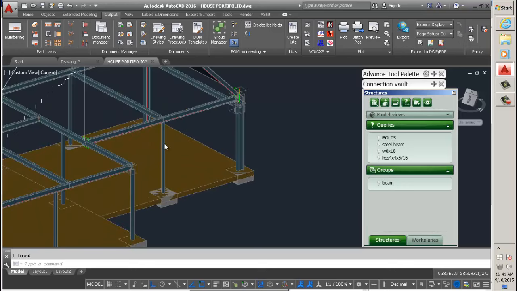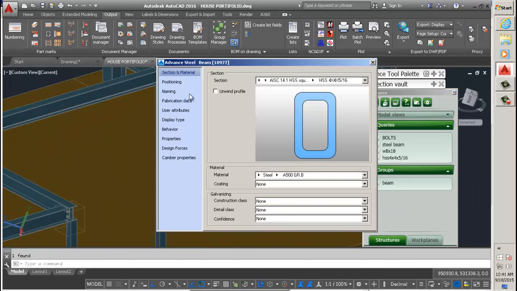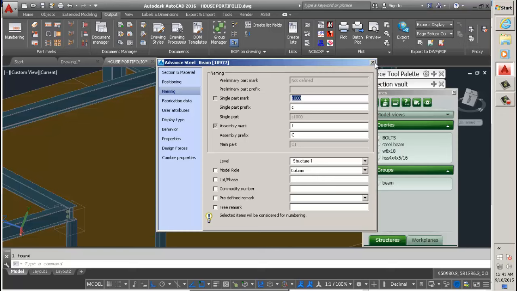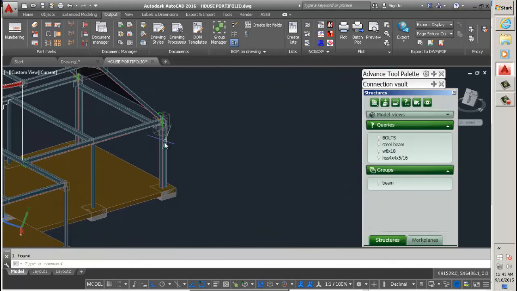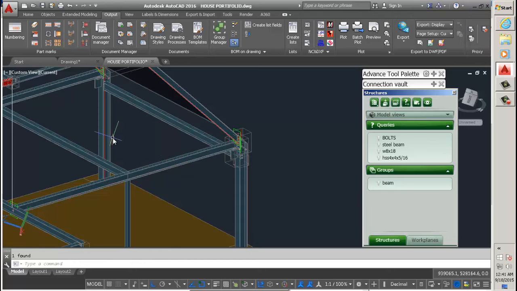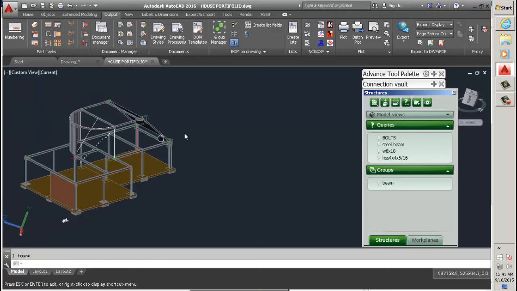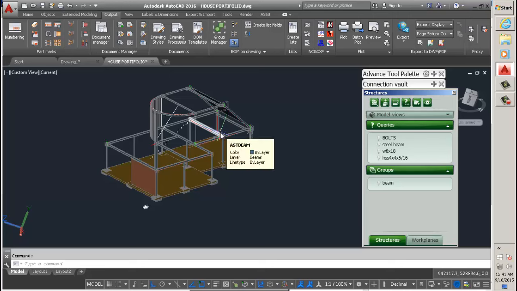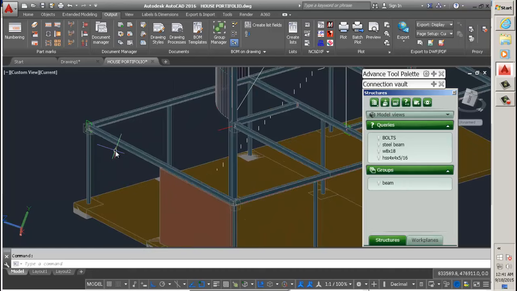So now I change all these to C for a prefix, and of course those ones will also require a C, but I won't go into that. I've already showed you how to do the process. Now another reason why you want to change the row models of objects is